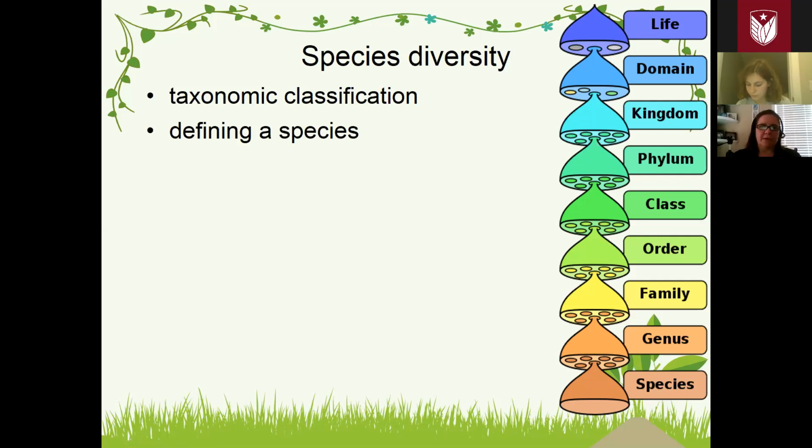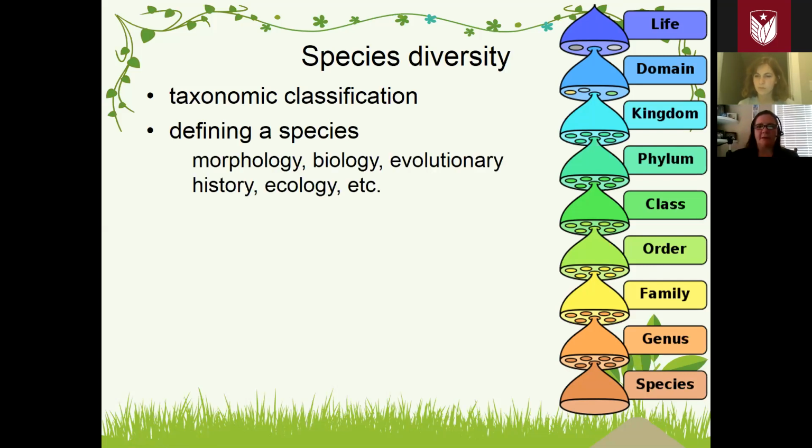And the way that a species is defined can actually be very complex. Some of you might recall the basic definition of a species is, can it breed with another species? If it can't breed, then they are separate species. That is called the biological species concept, but there are other ways to think about how to define a species, like their physical characteristics, their morphology, and something we call evolutionary history, which I'll talk a little bit more about